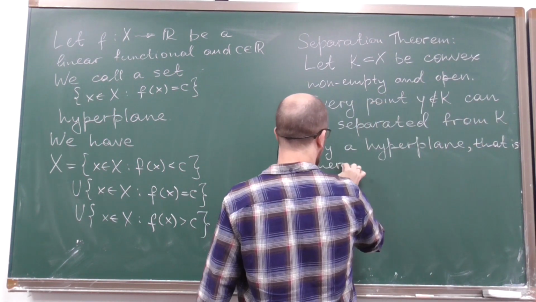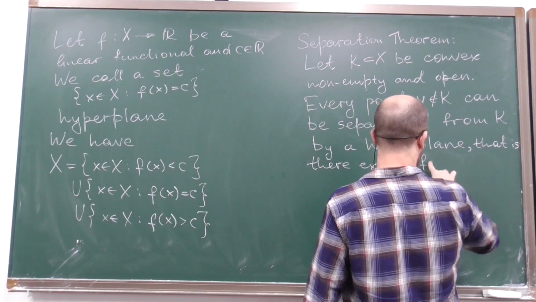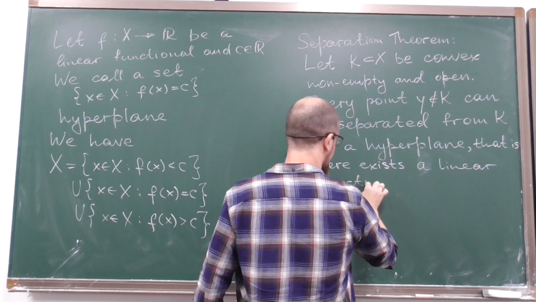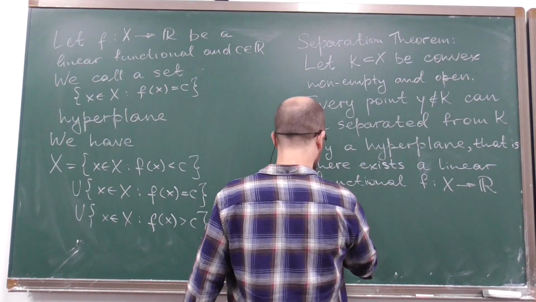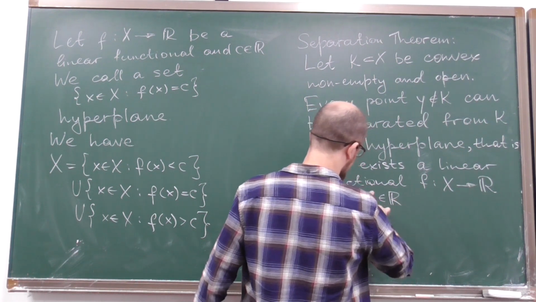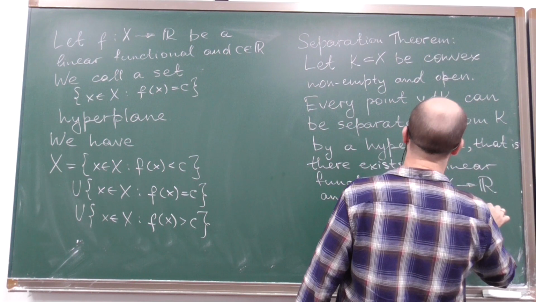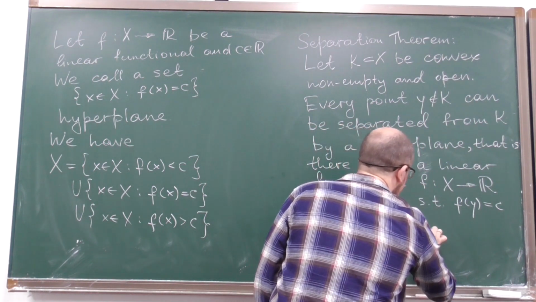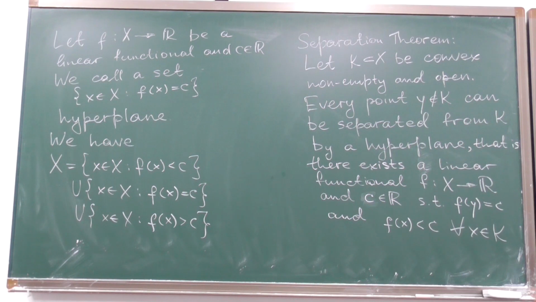there exists a linear functional f on X and a constant C such that f of y at that point equals C and f of x is strictly less than C for any x from K. Well, if we go back to our example in R3, it tells us that if we have